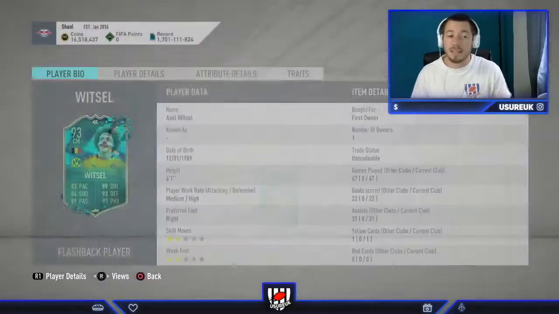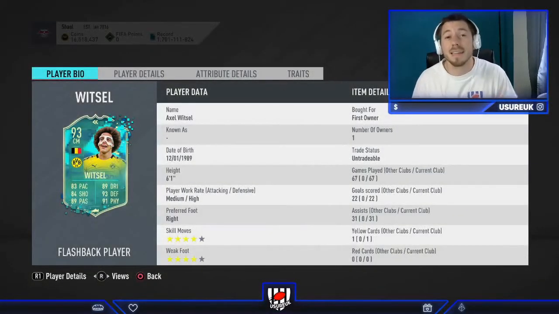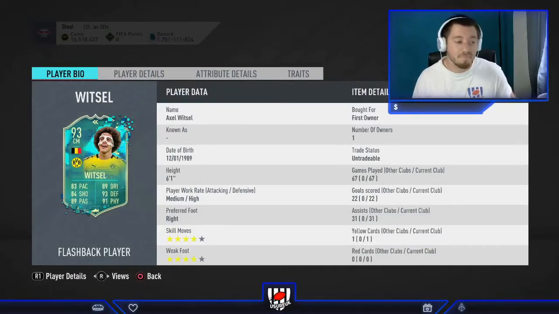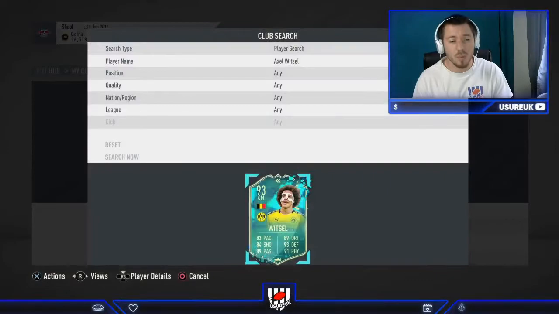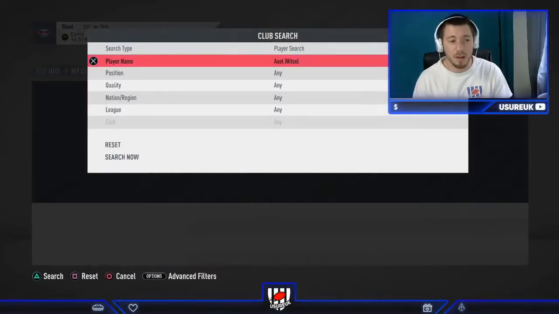But this is an example of one that I really regret. I only played 67 games with Witsel. He didn't cost too much to do. He wasn't a massive waste of coins, but really, I don't think 67 games qualifies for a well spent amount of coins on this. It's a 93 rated. It's just going to go back into an SBC now. But that is just one example, and I don't really have too many examples because I've learned from those mistakes,